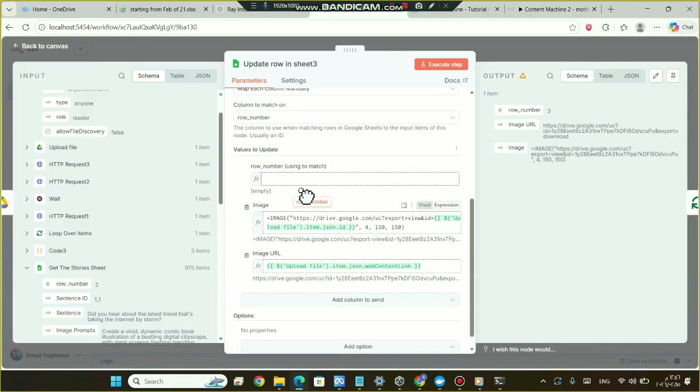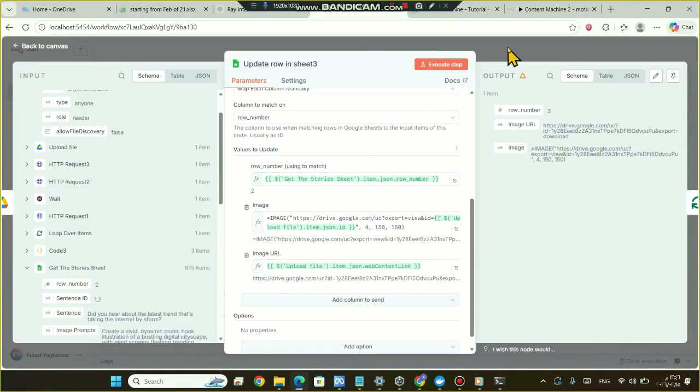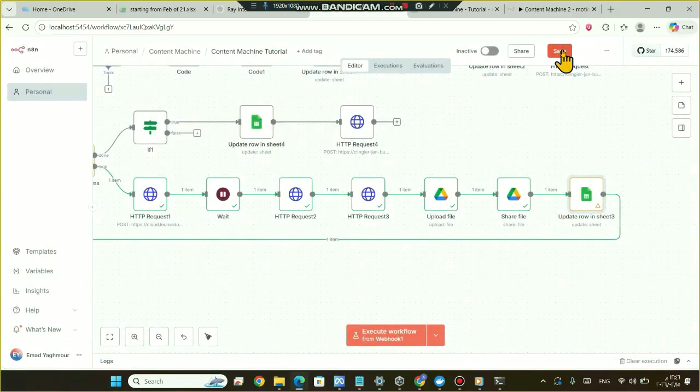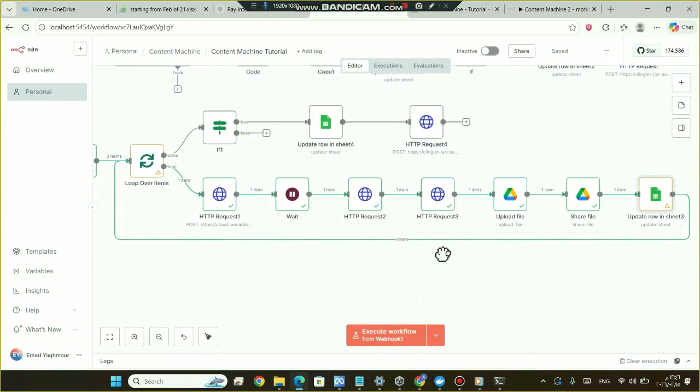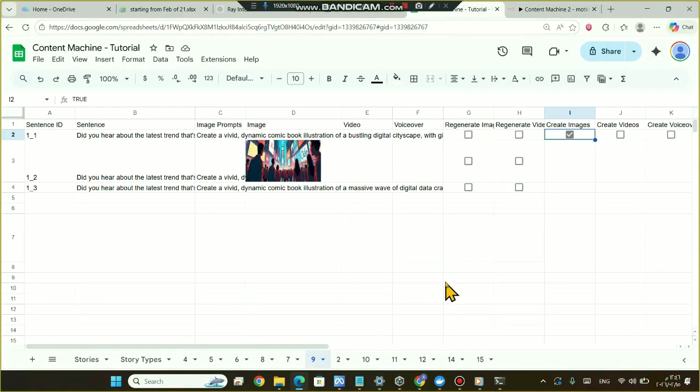Okay, and I will drag the right row number variable over here. Okay. Right now I'll save and let us generate the images for this sheet. So I will run the webhook and I will go back to my sheet and I will retrigger the image